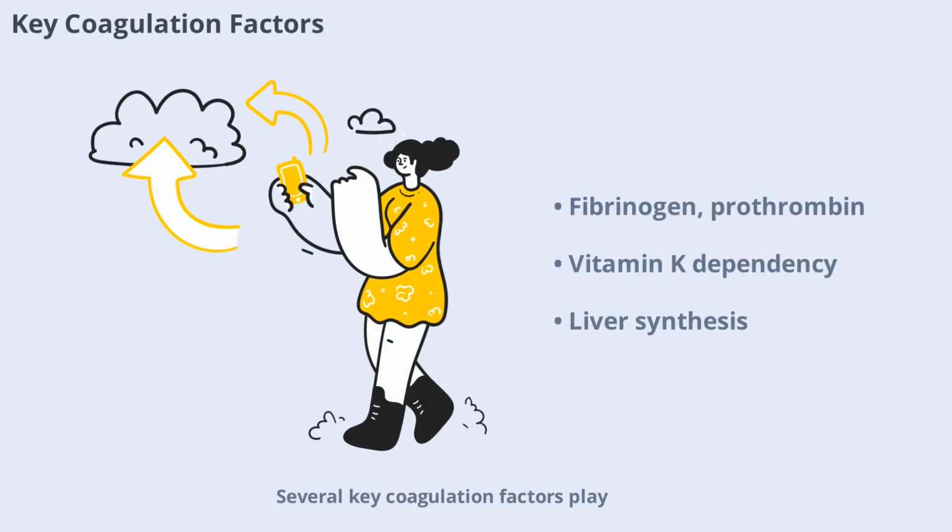Several key coagulation factors play vital roles in the clotting process. These include fibrinogen, prothrombin, tissue factor, calcium, and others. Some factors are vitamin K dependent while others are not. The liver is the primary site for the synthesis of most coagulation factors. Deficiencies or dysfunctions in these factors can lead to bleeding disorders, which are especially important to recognize in oral surgery